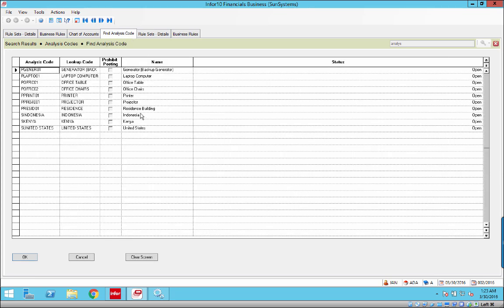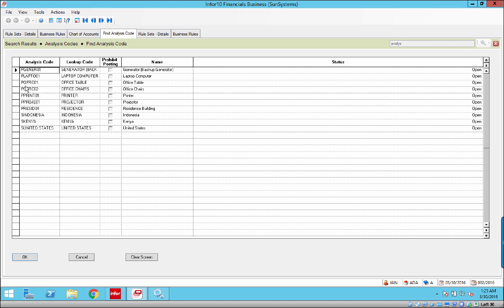We have the type, and remember how you set up analysis codes, you've got to clump them together with a prefix. So over in the asset register, we use types to keep track of what type of asset we have, but also we're going to set up S's to keep track of what country the students are from. S is an arbitrary prefix. It could have been C or anything, but the point is that you keep things that are the same together